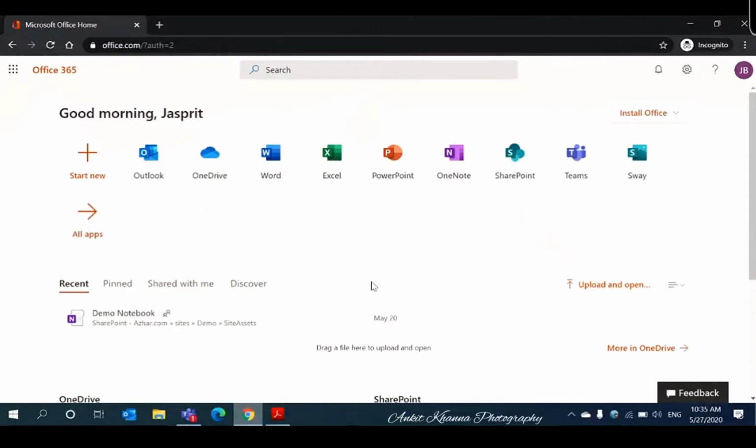But we are going to focus on the academic part, and that is Microsoft Teams, which is nothing but, if you can see here, the Microsoft Teams icon. This is a hub where a teacher can deliver online lectures, share reference material and notes, create any post inside the classroom, or after any lecture assign assessments or assignments for the students.